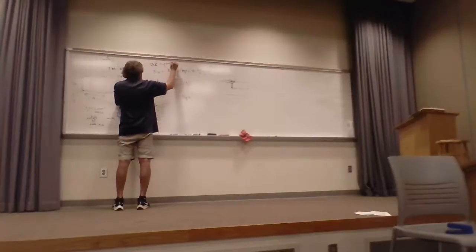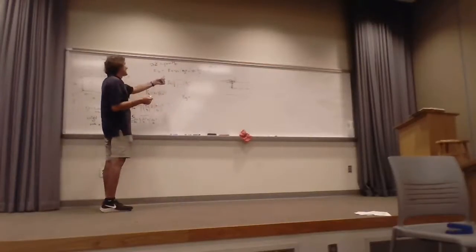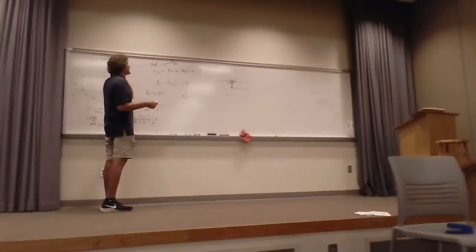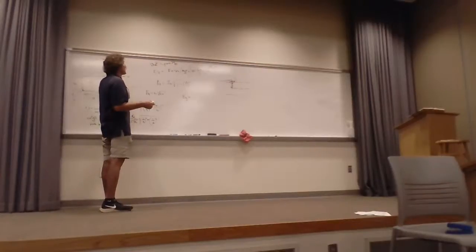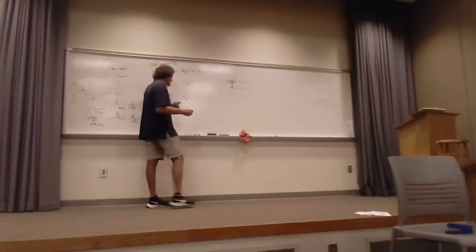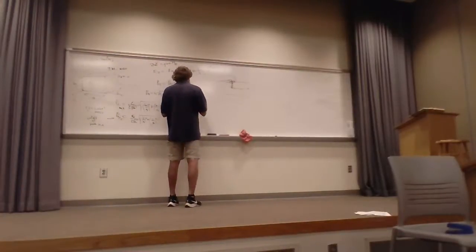Or H, let me just put it H field, and we can stick that into E is equal to curl of H over j omega epsilon. And I'm not going to do the whole nine yards, but for E_y, it's going to be a constant. It'll actually be beta_z squared over beta_z squared plus beta_unguided squared,